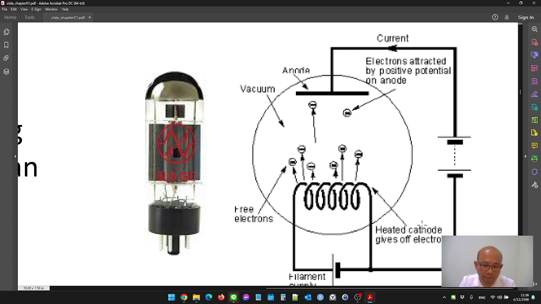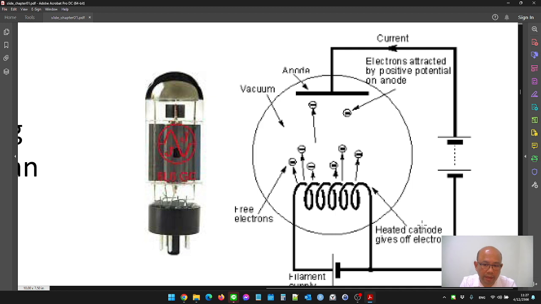That is the effect of this device, which has only one-way current. That's called direct current, or DC, direct currents. And then after